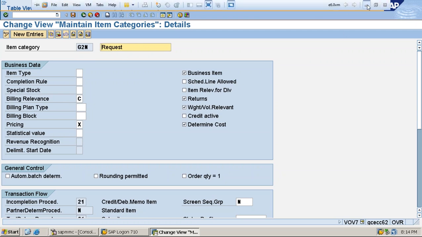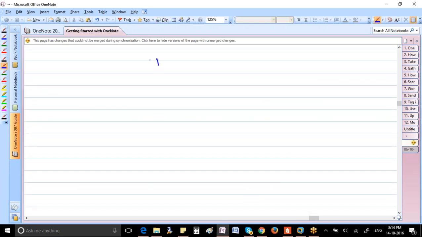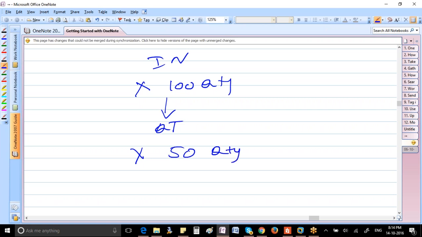completion rule tells the system that when a document is completed, that means, see, I created an inquiry for X material, 100 quantity. With reference to the inquiry, I created a quotation for X material. I'm not creating it with the full quantity 100, I'm just creating it with 50 quantity. The completion rule for quotation inquiry is the first reference. That means if I created an inquiry with 100 quantity, but later I created a quotation with reference to this inquiry only for 50 quantity,